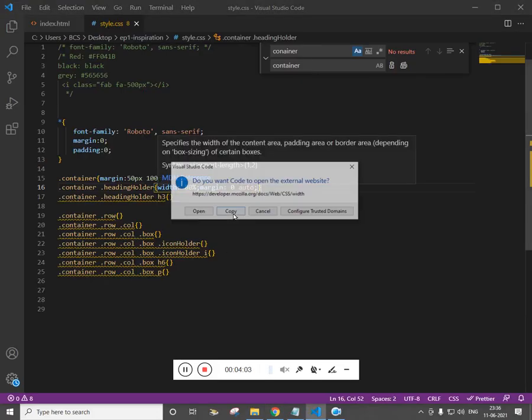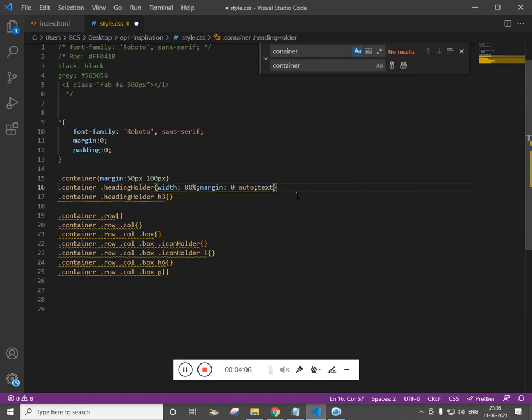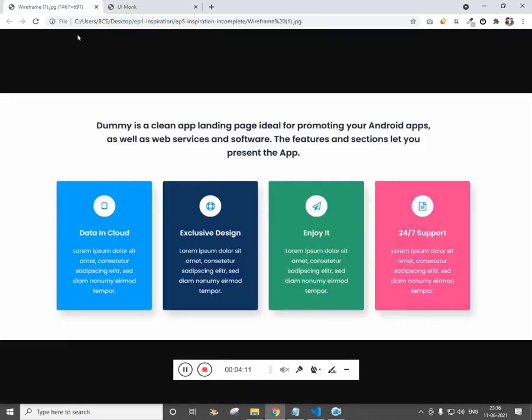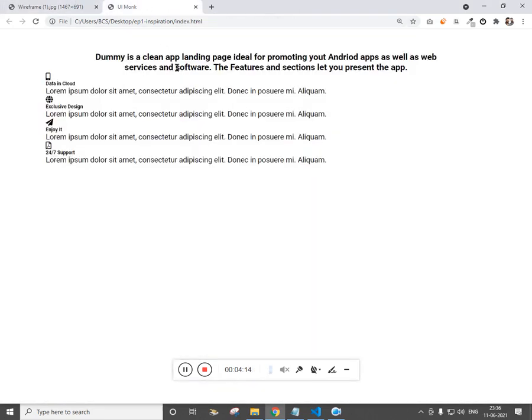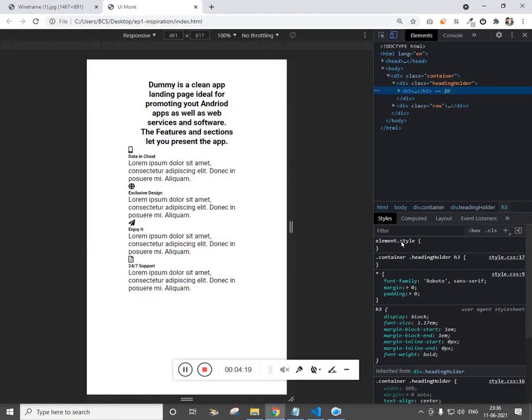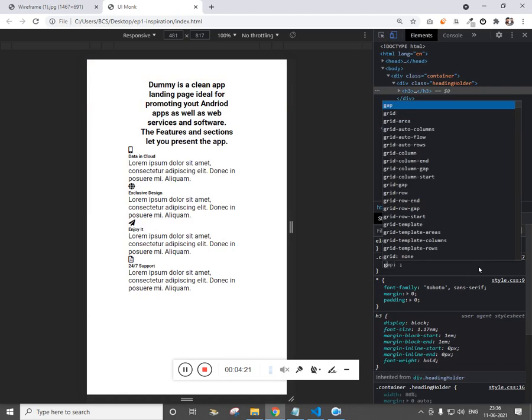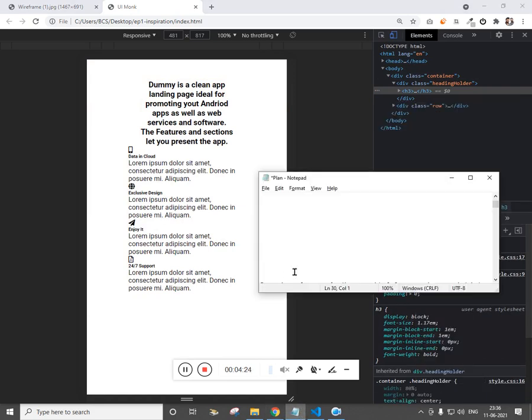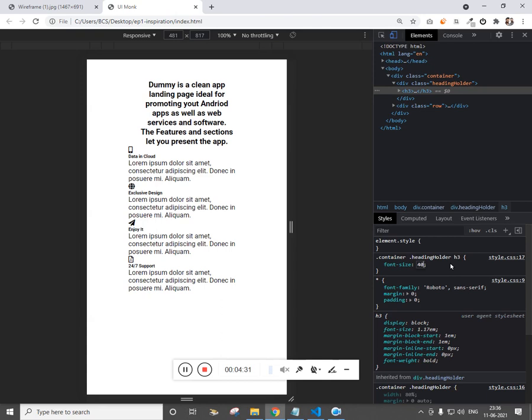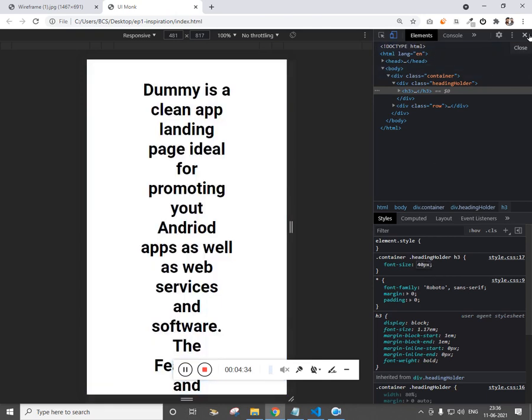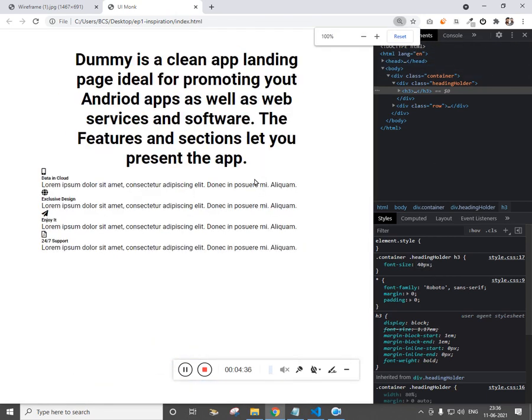And we want the text element to be text align center. Refresh it. Now we need to increase the font size. So over here for the h3 it is actually 33. Let me make this 40. Too big.